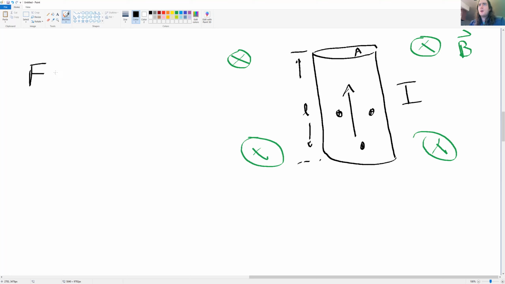Well, the force on any charge moving perpendicular to a magnetic field is going to be QVB, right? And maybe we could put a sine theta in here if we want to, but in this case, if it's perpendicular, it's just going to be 1. Well, Q times V is like current density, right? So if I were to manipulate this equation a little bit,